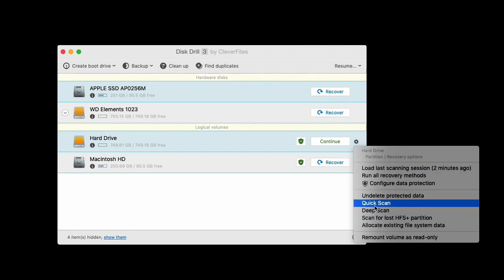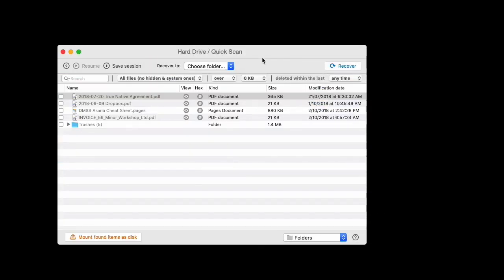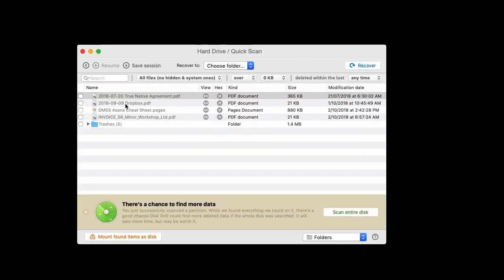Now, the quick scan option simply grabs recently deleted files that are still available in your file system's cache, and the success level depends on your activity and the file system itself. So for example, with FAT32, this will produce many more files after a quick scan than HFS Plus or APFS. So if I quickly resume my last scan, here you can see some examples of what a quick scan will